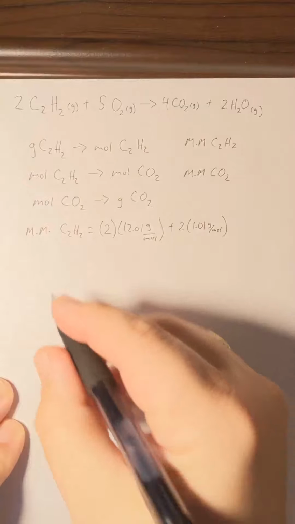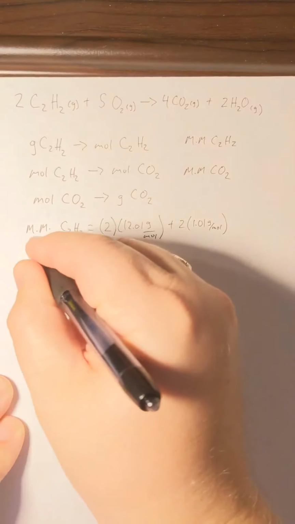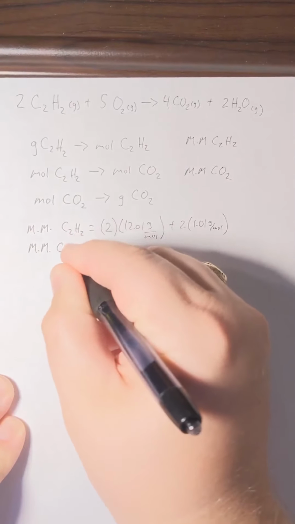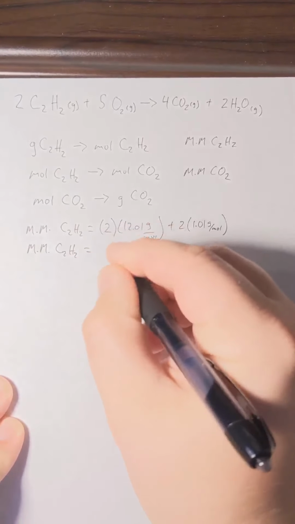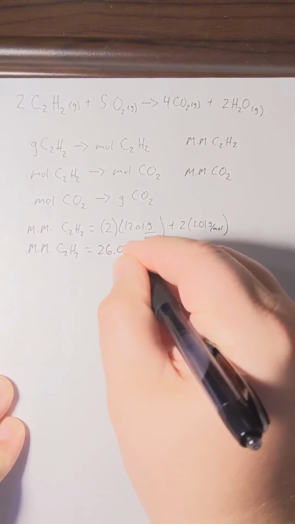We'll put this through our calculator. This will give us a molar mass for the C2H2 of 26.04